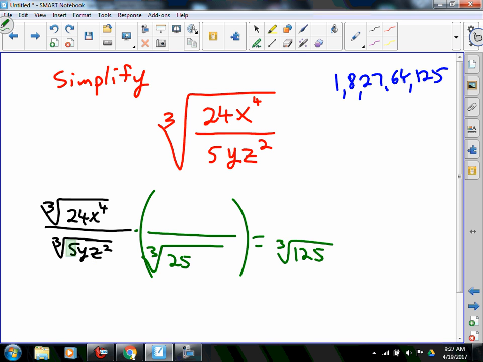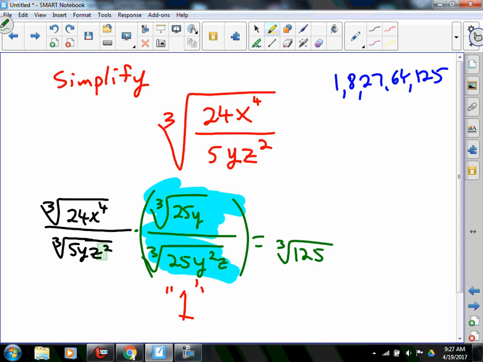What am I going to have to do with the y, though? Y squared, okay, so I'm going to do a y squared here, and then just a z. So this whole thing here is the 1 that I'm multiplying by. So I also have to multiply the numerator by this third root of 25y squared z. So in the denominator, I'm going to get the third root of 125y cubed z cubed. And in the numerator,